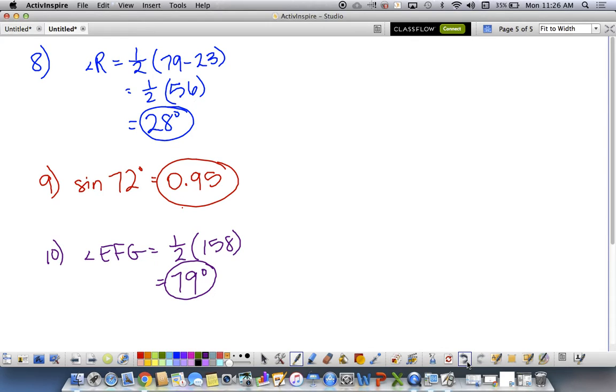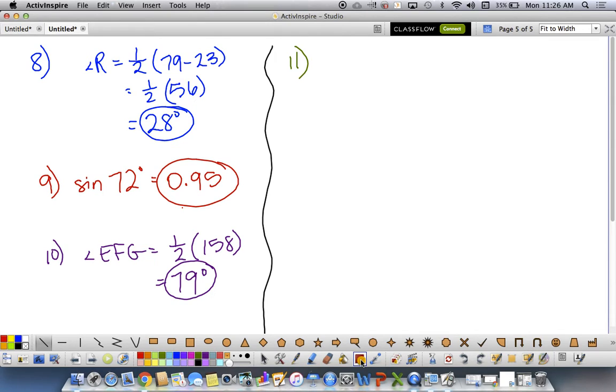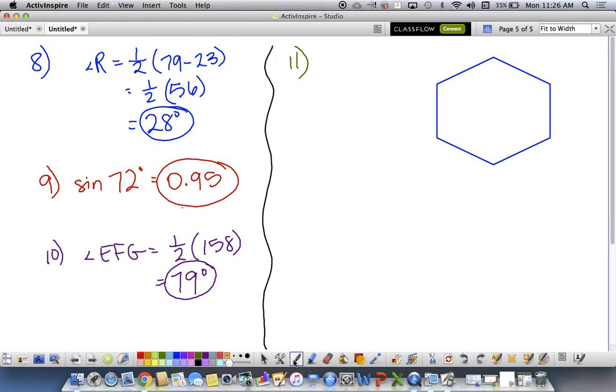Flipping my paper over. I'm going to try to do number 11 on this side. Just save paper because I will print all these. Number 11. Walter is tiling a patio that's in the shape of a regular hexagon with 16-foot side lengths. What is the total area that must be tiled? So we're going to a regular hexagon. Okay? Hexagons are special. Why are hexagons special? If they're regular, then they are all